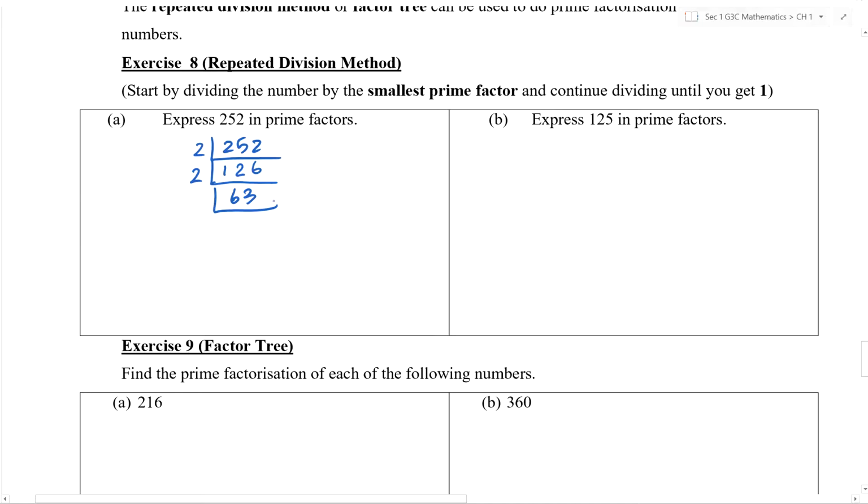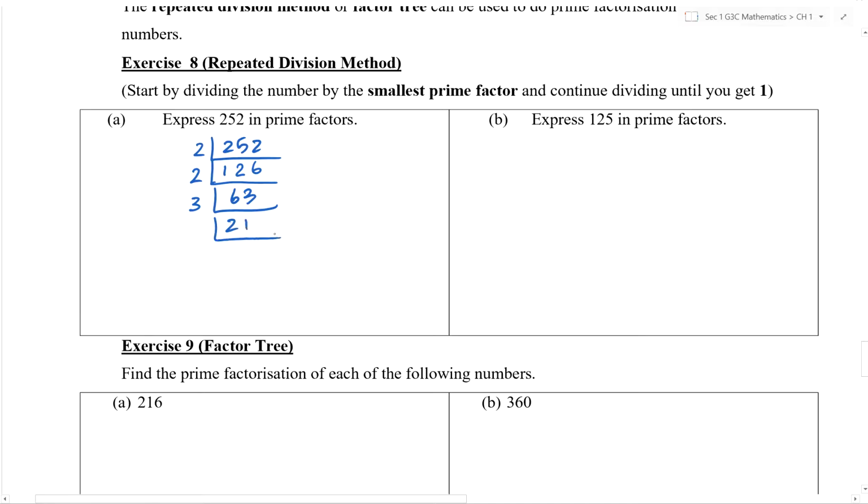63. Okay, hang on. I always want to put in the smallest ever prime number. So far, 252 and 126 can be divided by 2. So I've been putting 2's. But when it comes to 63, it is an odd number. Definitely cannot be divided by 2. So I have to put in another prime number. What is the next smallest prime number? 3. Very good. And we are left with